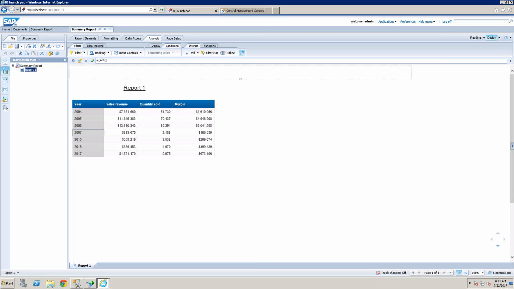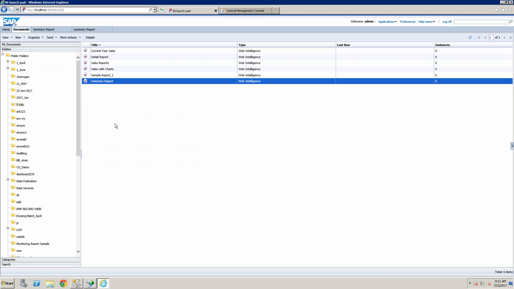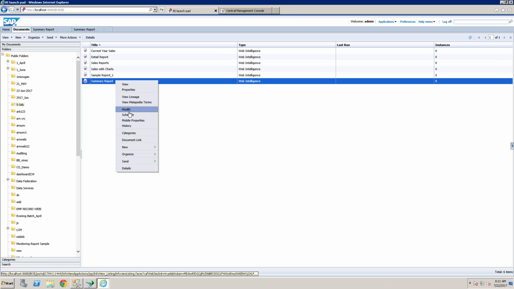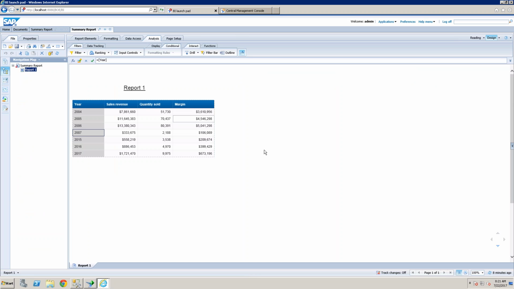Applet mode is when you right click and modify, and it takes a lot of time to open, about a minute or 30 seconds. But normal HTML mode opens quickly.